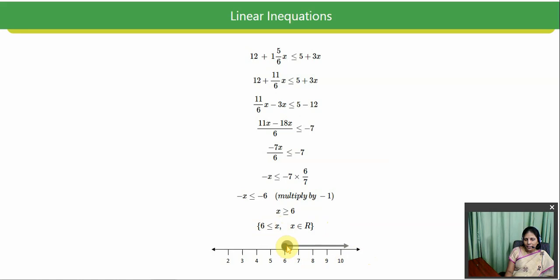You need to shade the 6 here. The reason is this x is equal to 6 and also greater than 6. As this x is equal to 6, you need to shade inside the 6. Suppose, for example, if you get the answer as x is greater than 6 alone but not equal to 6, then in that case you need not shade inside the 6. You have to draw this arrow representing all the values greater than 6, right? This is how you need to represent for the real numbers.